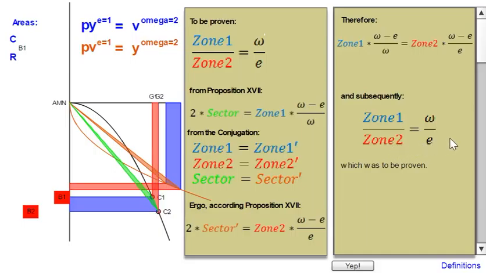relevance because the parabola as an analytic expression and as an acting principle, which is expressed graphically or geometrically in this curve, is inherent in its dignity powers. That means that the areas like the zone 1 and the zone 2 are proportional to the dignity powers based on this proportion, like the v dignity divided by the y dignity. And this is the actual basis for this